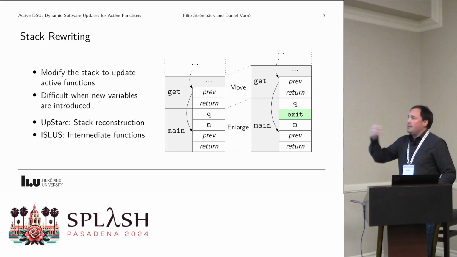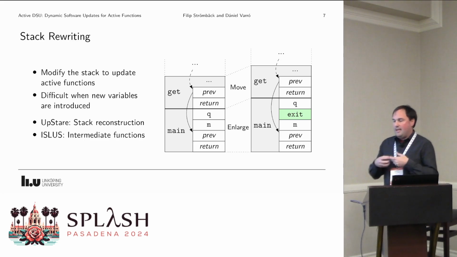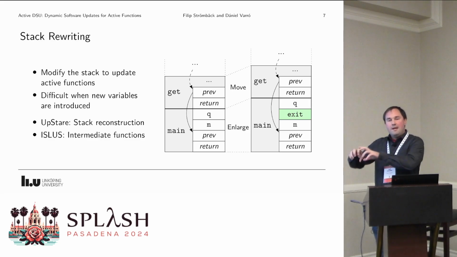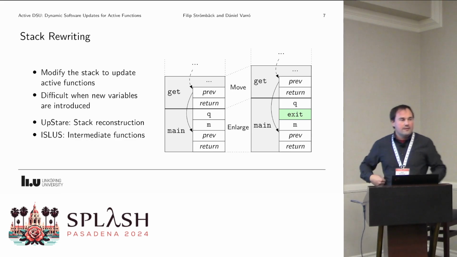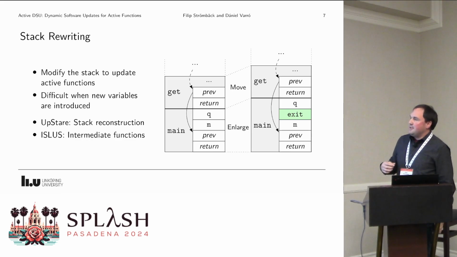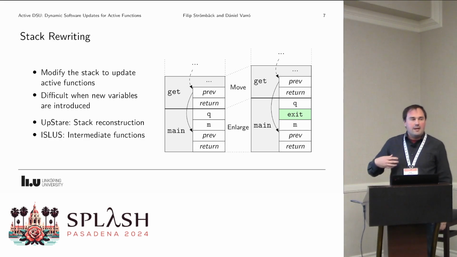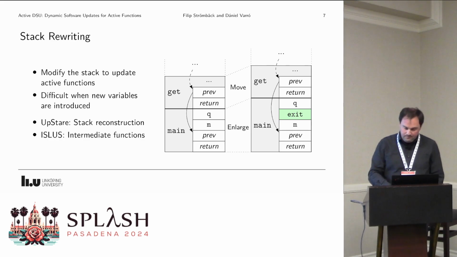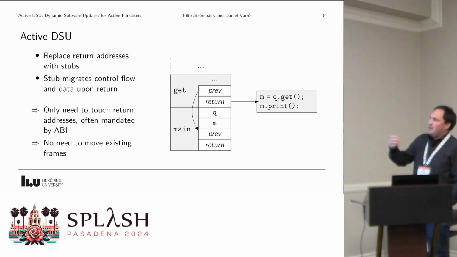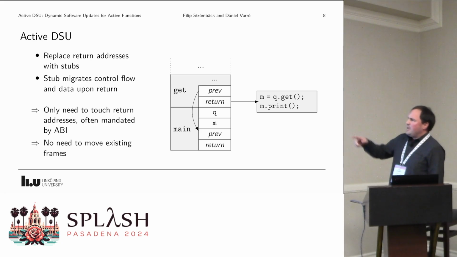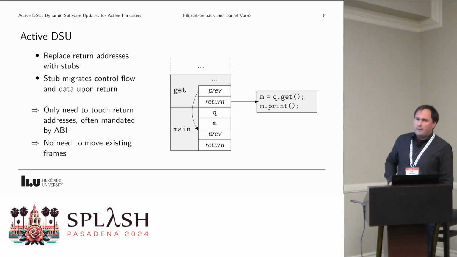One way is to do as the tool upstairs that injects code to essentially serialize the stack into a separate representation, modify it, and then reinstall it in a sense. But that introduces quite a bit of extra code, and again, you need to be upfront by tooling. So what I'm proposing in Active DSU is that instead, why don't we just replace the return pointers on the